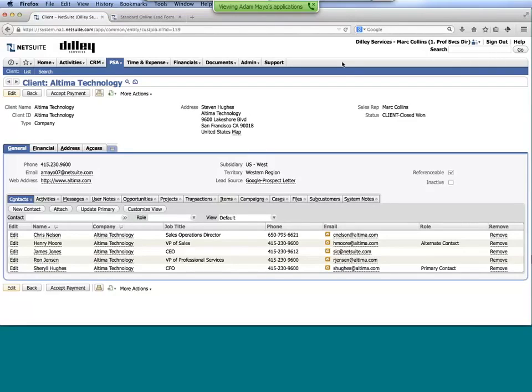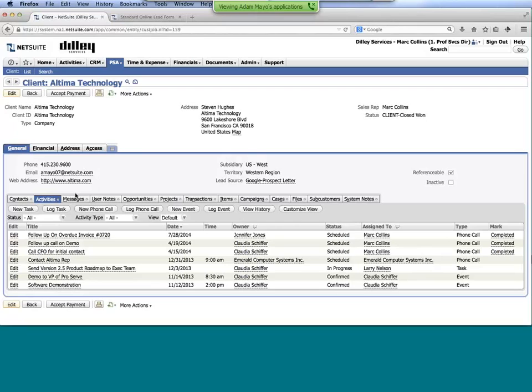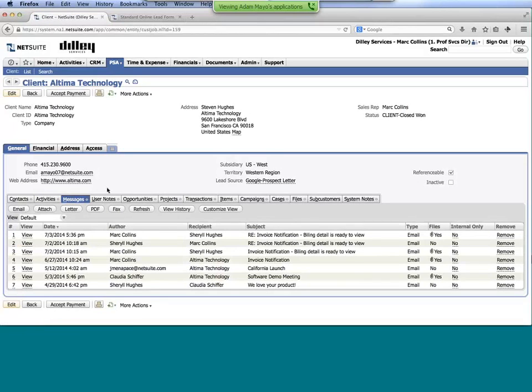Down at the bottom, you'll see that we have several sub-tabs as far as some of the information that we're tracking. So contacts, more activities, whether it's CRM related as far as contacts and events and things like that that we're reaching out to our customer, or even more around things like project issues, or from a finance perspective, being able to notify people when invoices are overdue and being able to send email communications out of the tool. So that's where these activities and messages come into play. It's not just CRM related. It's going to be applied throughout the different functions within our business.